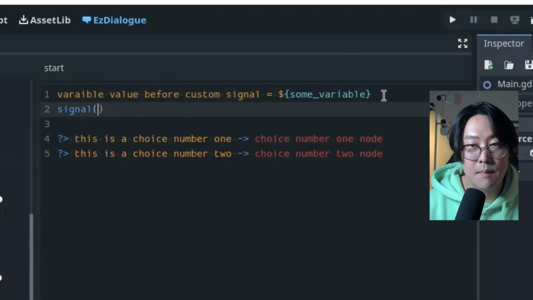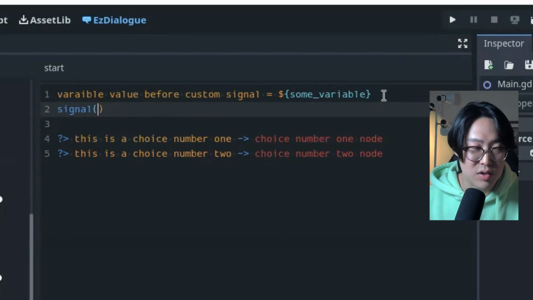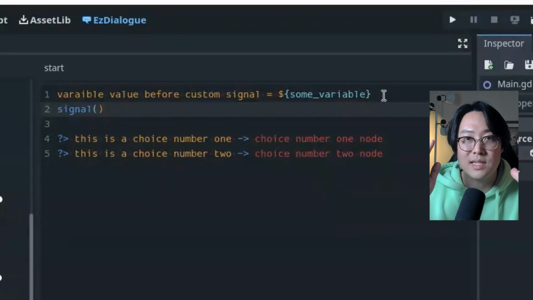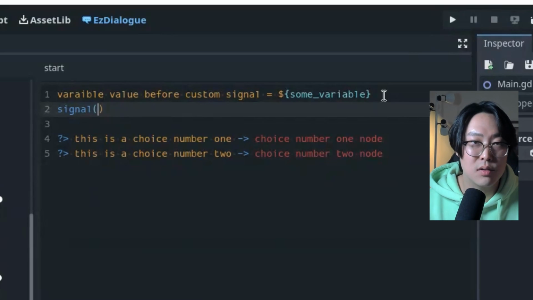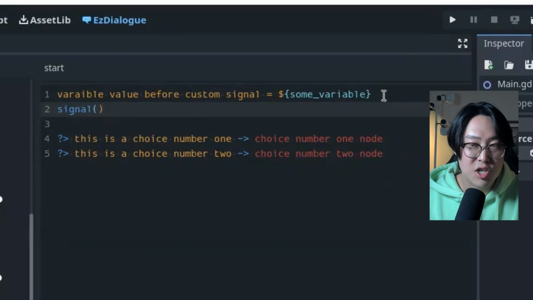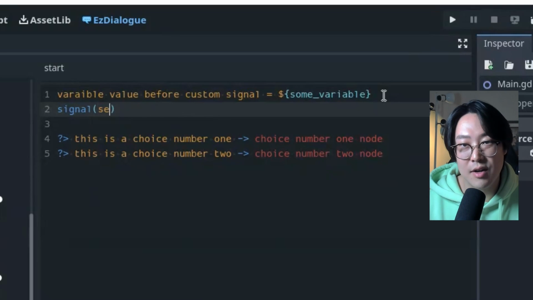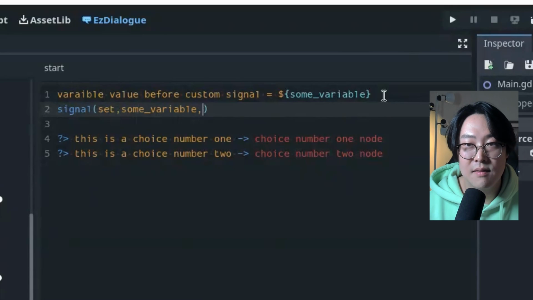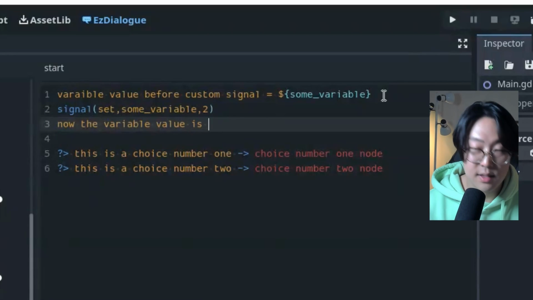And then it's just a comma separated string within these parentheses. It doesn't really care about the format. It's going to grab the entire string between the parentheses and then give it to you to handle. So the formatting of how the signal parameters look is up to you. I like to do it as a comma separation of functionality and then the variables or parameters. So let's say I'm going to call this set variable, and then I'm going to say some variable and then value 2. And then now the variable value is,